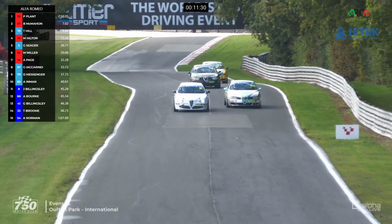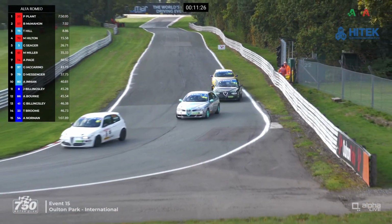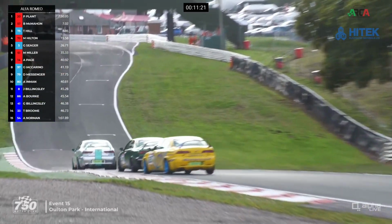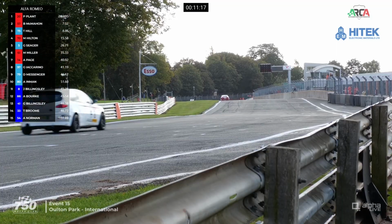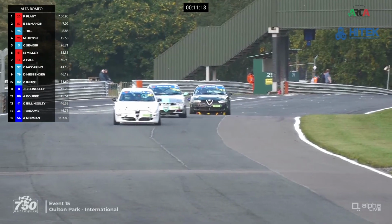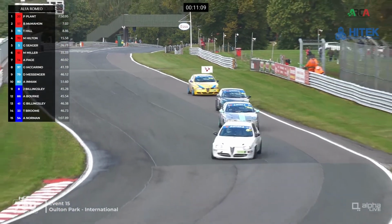Here's the battle for the lead of the Twin Spark Cup though, and Andrew Bork is, well, I thought he was going to get alongside there, but again it looks like John Billingsley tried to brake quite late, and indeed did brake quite late for Lodge Corner and held on to the lead of the race. You would think that Andrew Bork's priority here would be keeping his nose clean, just to make sure he brings this car home and doesn't end up in the barriers or something like that